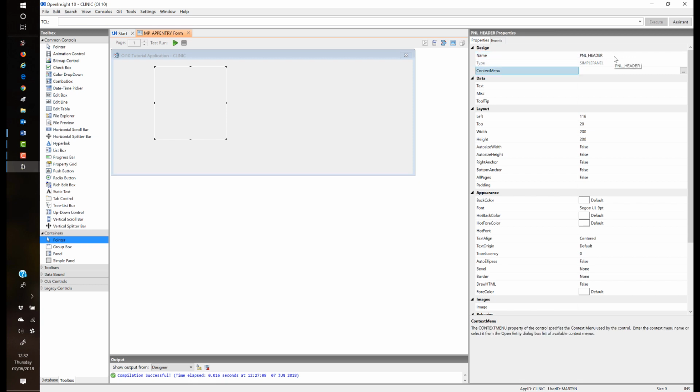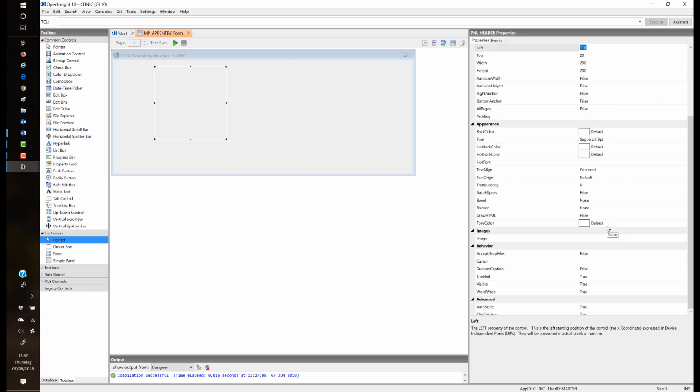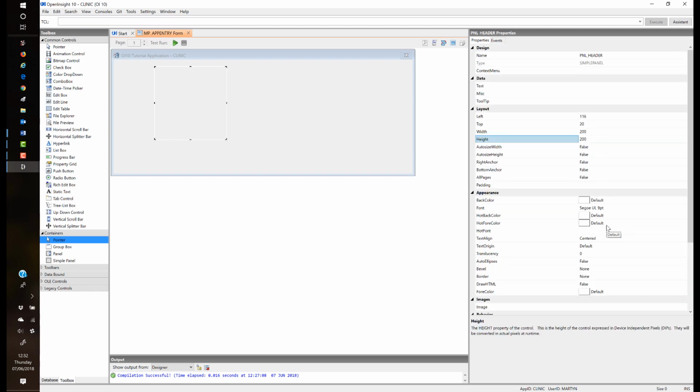I don't need to worry about all of these different properties, and I'm not going to go through all of them individually because we'll be here all day. A lot of them are self-explanatory, a lot of them are all documented, and we'll be visiting a lot of these as we go through these tutorials. So things that we need to change. The text. So I'm going to have OI10